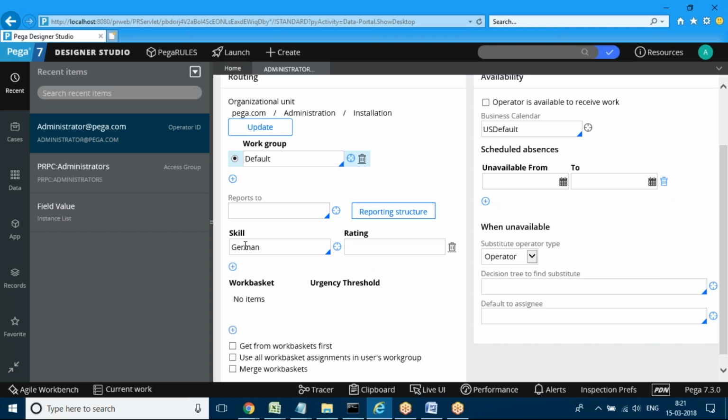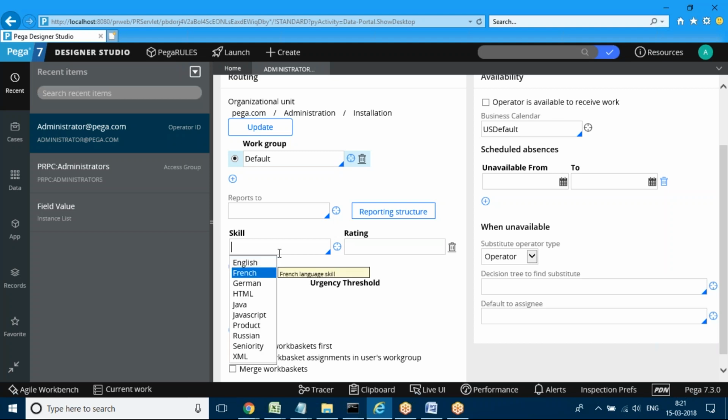Okay, they will also update the rating further. If you know it totally, you can read, write and everything. If you can read, speak and everything, they'll update the rating accordingly. If you can only understand, they'll update some rating further. Because not only English projects, right? Some German projects will be there. Most of the European countries also do some projects in Pega. Maximum 50% of the projects from European countries also will be there on Pega.